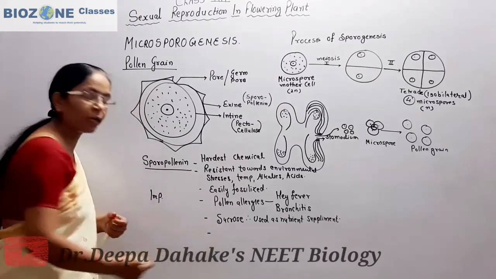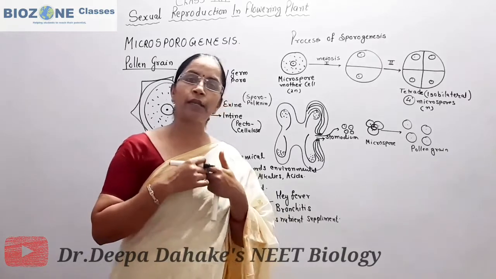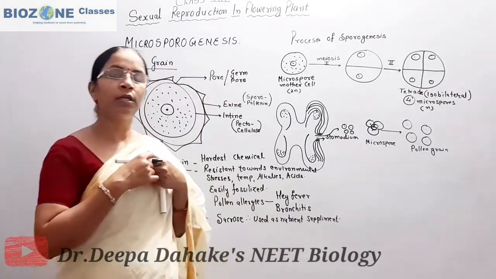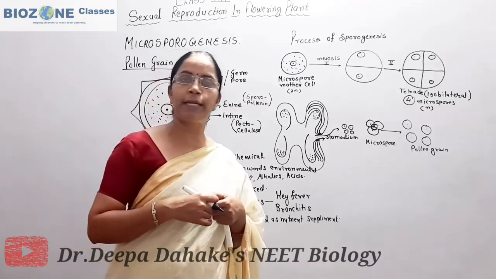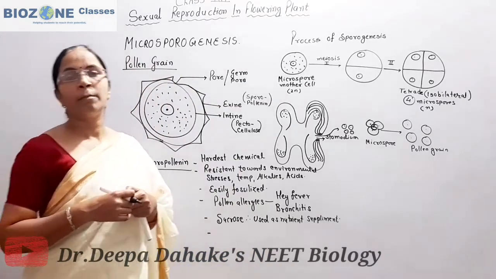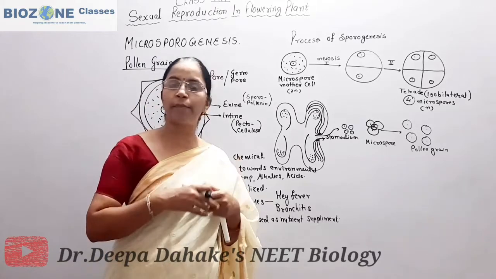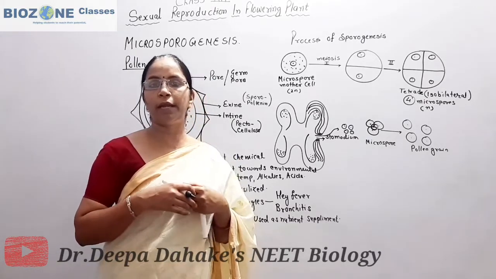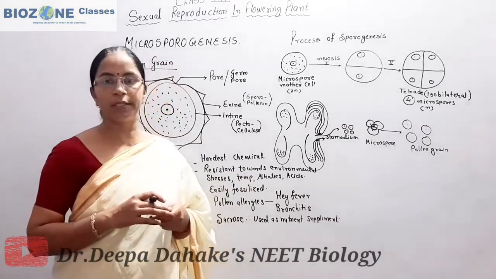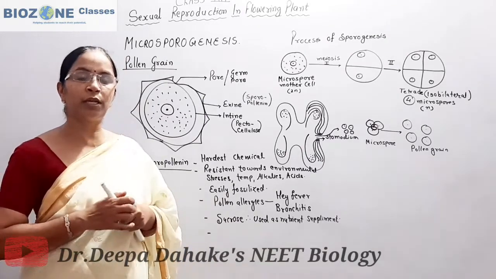Secondly, the pollen grains are genetically important because they carry the information of genetic material and are responsible for the formation of two male gametes in future. Therefore, you remember in some plants, pollen grains have to be stored, because sometimes the viability of pollen grain ranges from a few minutes, a few hours to a few months. So for that condition, the storage of pollen grain is essentially required.